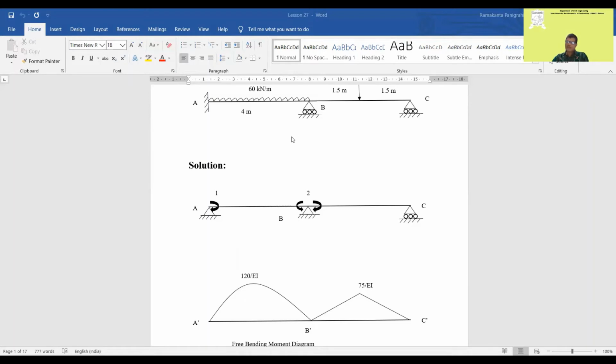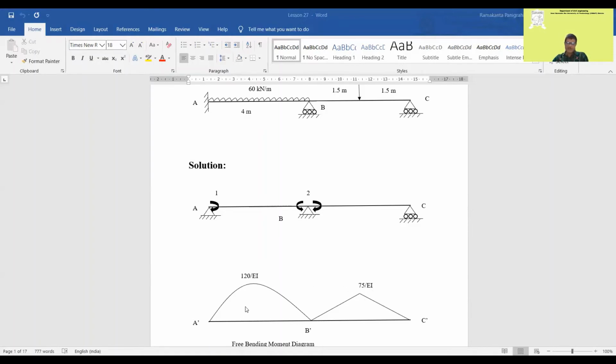Now, what is done in the conjugate beam method? Whatever the load is given on the span, you draw the bending moment diagram just as a simply supported beam, and then divide it by EI. So that will be the M by EI diagram. Now, the M by EI diagram in the conjugate beam will be the loading. If there are different I values, you can put them here, and the ordinates will change according to the I value.